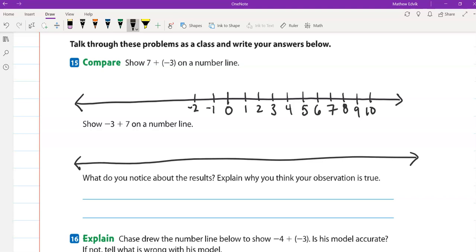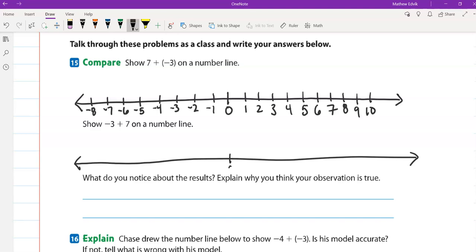Follow along as I am doing this. Go ahead and do this in your workbook. Negative 3, negative 4, negative 5, negative 6, negative 7, and I only got to negative 8 on that side,